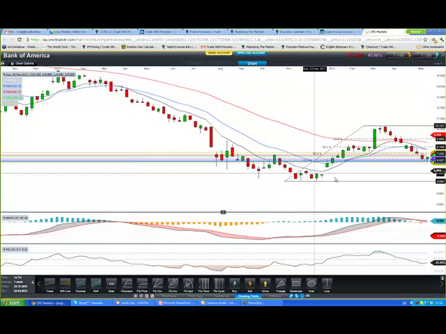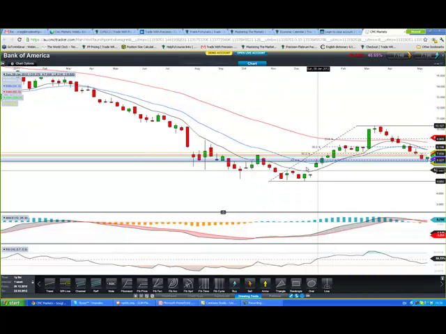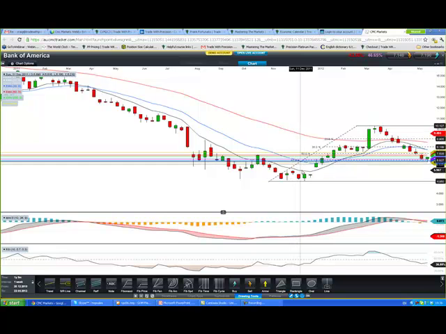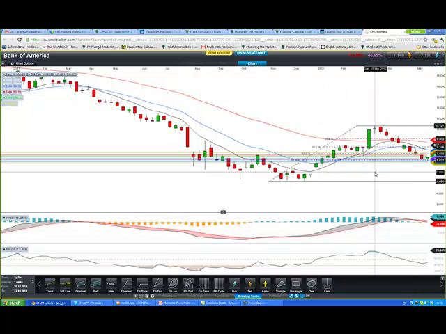You can see here, it's kind of hard to see, I'll be honest, because I've got such a cluster going on. But what I actually have got here is this horizontal line that I've drawn in, which is coinciding with the round number of 7,000. Round numbers quite often work as support and resistance. So we've got that support and resistance. That's one thing. Let's just mark it down. We've got one positive. We've got the round number of 7,000. That's two positives.